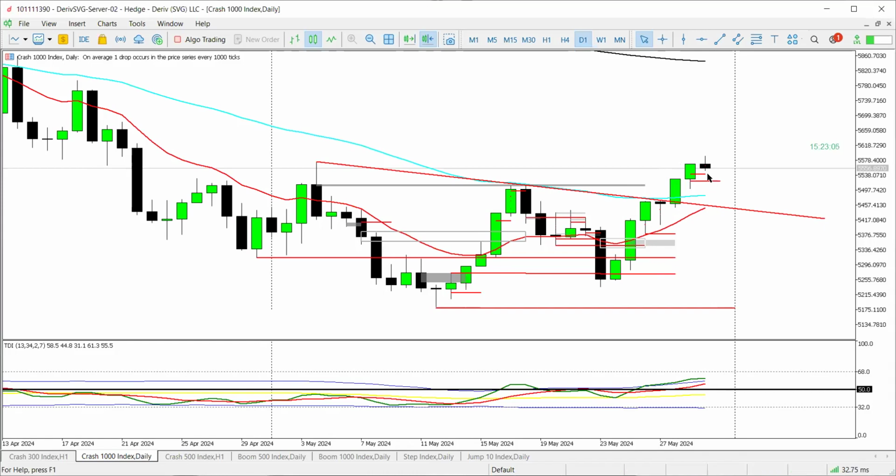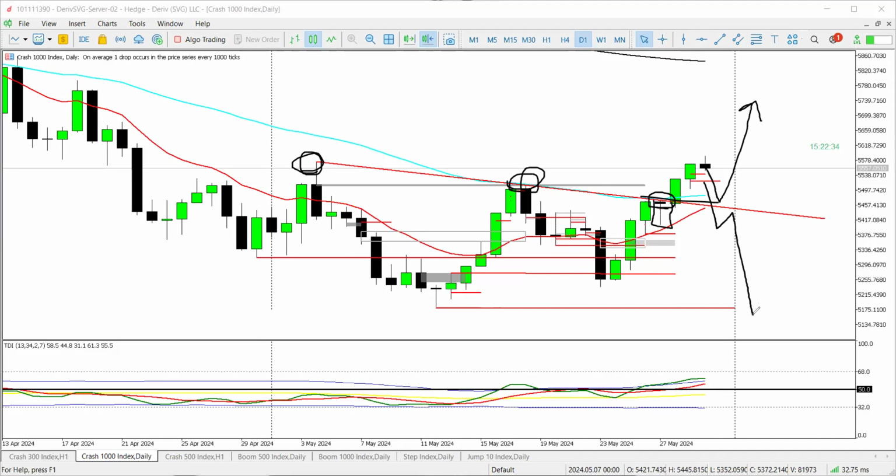All right, so on the daily, we've been pushing up for the past couple of days, and we are looking forward for a retracement back into the 13 EMA or back into the broken trend line. So if you see, I had marked out these highs for May. We've got this high, we've got this high, and I wanted to get a reaction here. So if you notice, price came, stopped, then broke out. So now potentially we could get a retracement and a continuation up, or we could get price coming back into